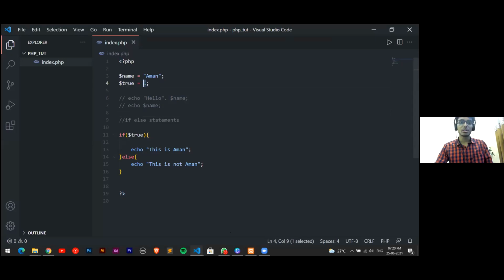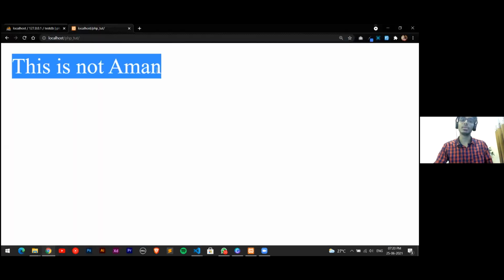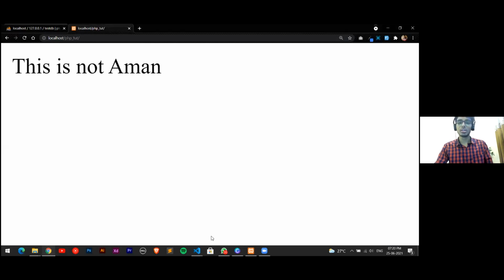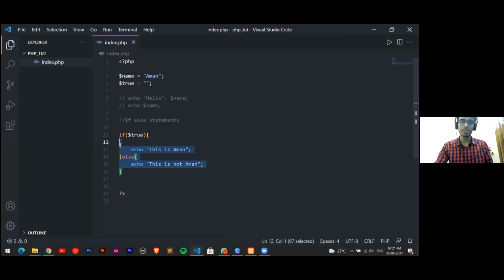And if it is not 1, or if it is an empty value, as I told you, if I give an empty variable, then this will tell me this is not Aman. I hope everyone has understood this concept of if.